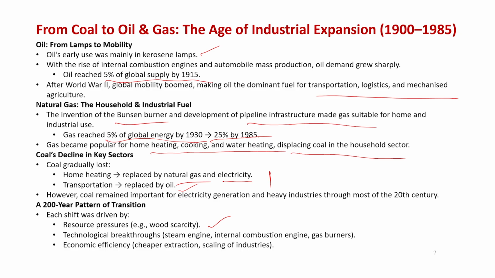The second biggest thing which has led to this whole use of energy has been the technology breakthrough with the invention of the steam engine. Coal started to get used in huge abundance around that time. The IC engine led to the use of oil in abundance, and gas burners led to the use of natural gas as a source of energy. And the third thing was economic efficiency,